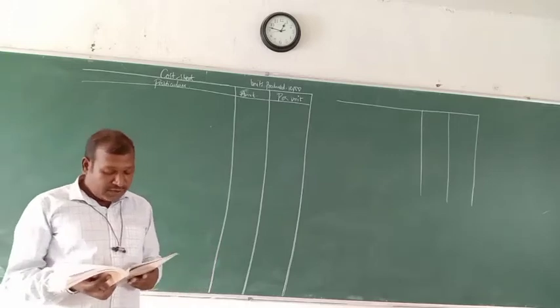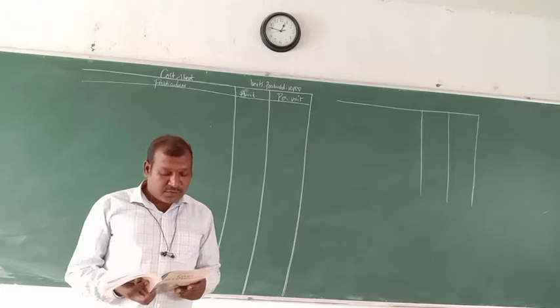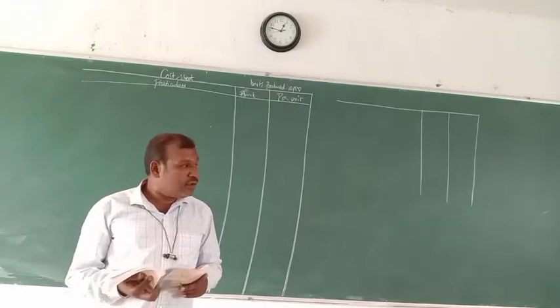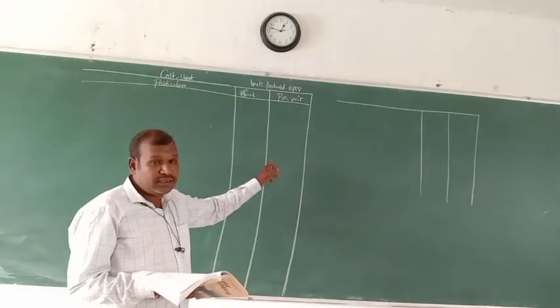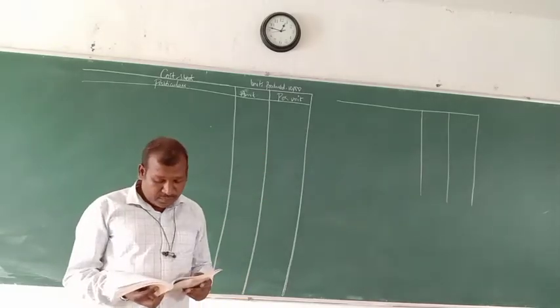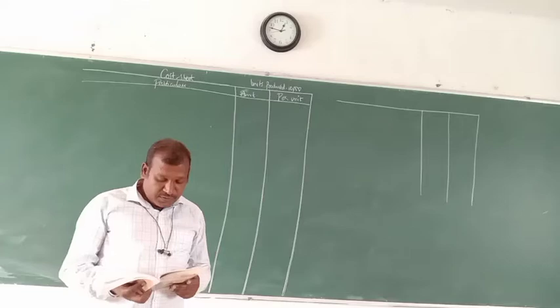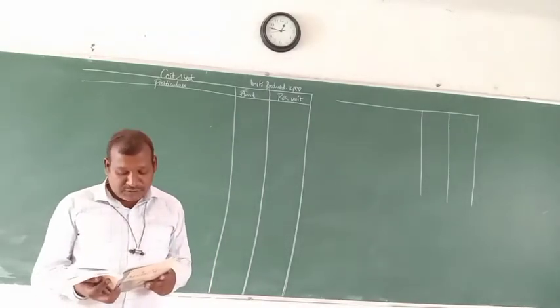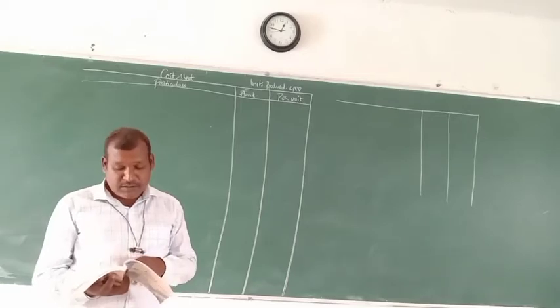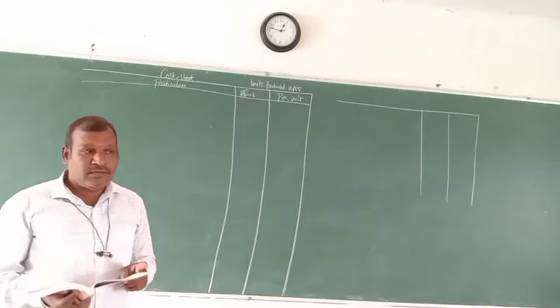Outside the table they have given units produced during the period, 10,000. So whenever the units produced is given, we have to add one more column for per unit to be calculated for each expense. All the units were sold at rupees 150 each. So 150 rupees is the selling price. Units produced 10,000 but selling price is 150. If you multiply 10,000 into 150, you will get the sales value.